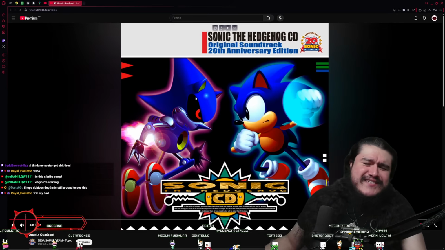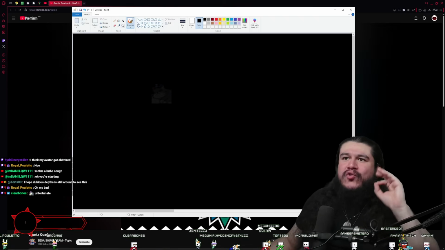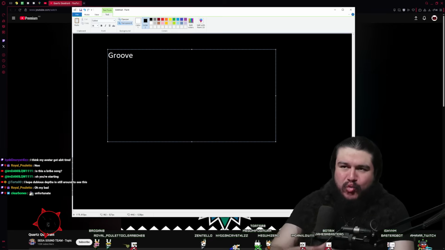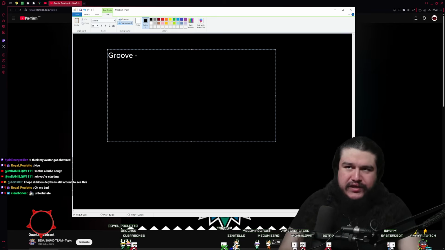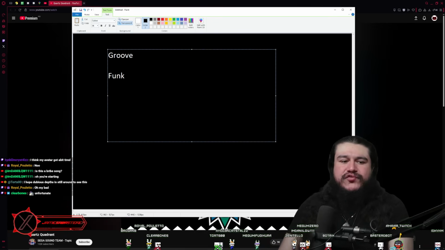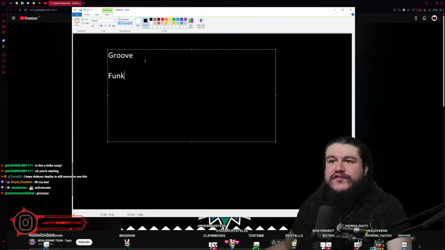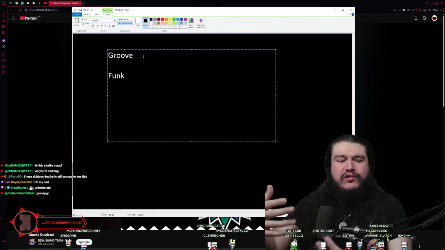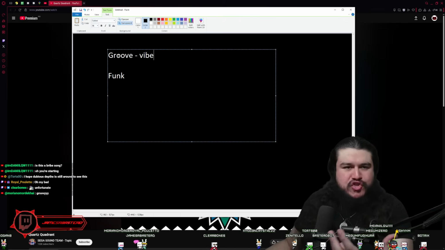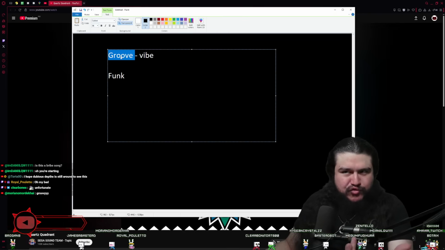Oh, yes! Okay, so we start, of course, with an incredible, already amazing groove. Now, groove stems from funk, a term that comes from the genre of funk. Funk was a very, very popular genre back in the 1970s. Groove is the expression that they used back in the day. The contemporary term right now would be vibe. Same thing, same concept, just different times. However, groove stuck as a musical term because it was the term used back in the day.